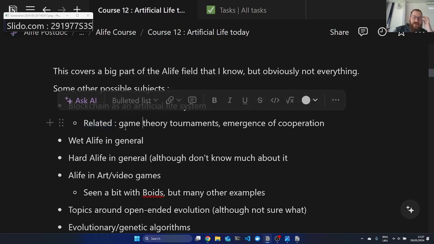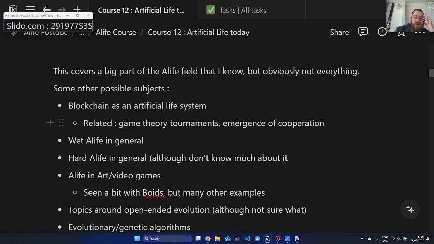Right. And related to this, there is another interesting thing. I will link to a very interesting video on YouTube about this, which is the subject of the game theory tournament. So what do I mean by that? People in game theory organize these tournaments where you have a very simple game. Two players play this game. You can either choose to cooperate or defect, which means not cooperate. And according to the decision of the two players, you win more or less money, right?